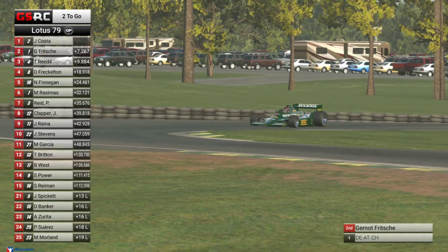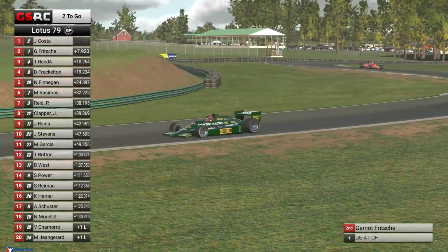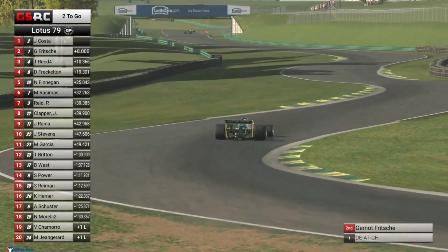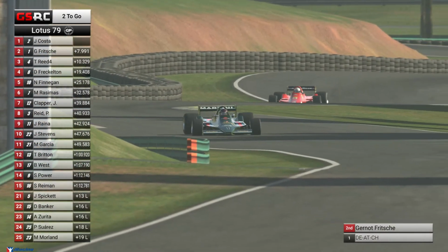Oh, man. Talk about a wiggle coming out of turn 3 for Gernot Frische. I don't think that he is letting up off of the gas at all. He's sticking his foot down till the checkered flag. Talk about a car that's on the nose is...